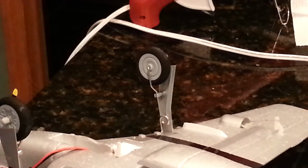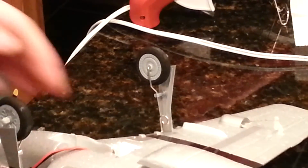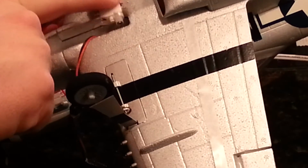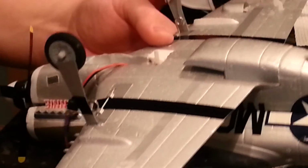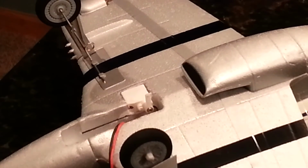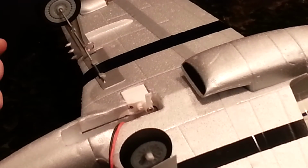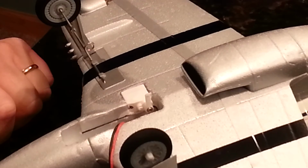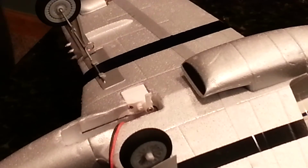I just wanted to show you real quick what we got there, and I might actually take just a bit of CA and run it around this edge to kind of fill it, but I'm going to take alcohol and wipe this black off first. So we'll pause it. When I get it all, I'll show you how I do it. Let's make sure this thing works. The other thing is, ideally, I'd like to be able to